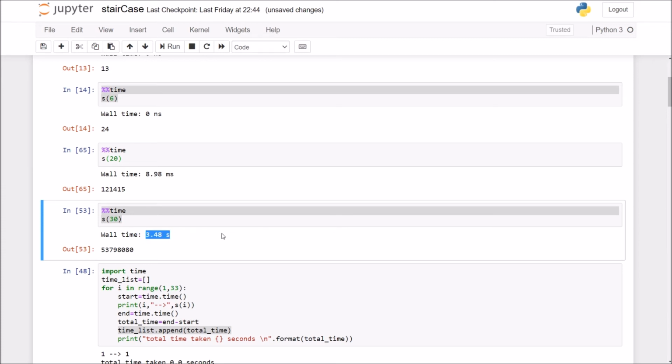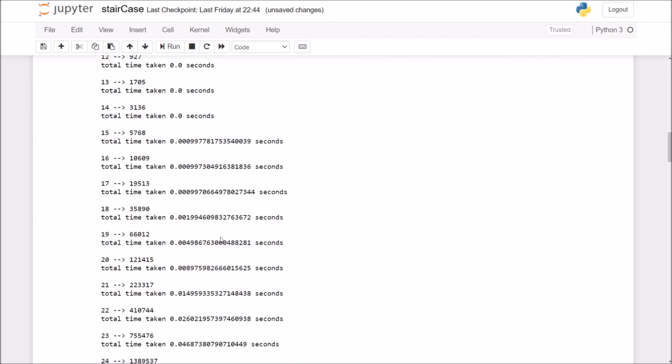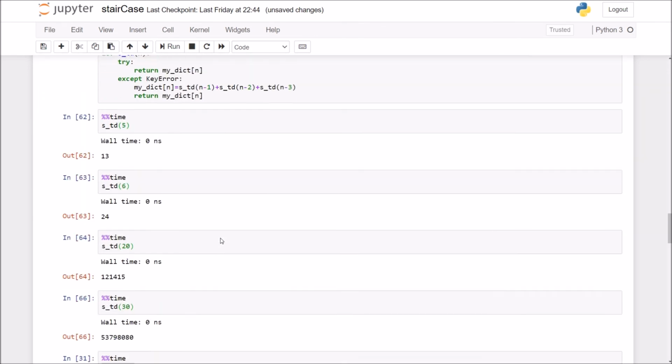So you can say that the time taken by the recursive method to calculate for n is equal to 30 is 10 to the power 9 times greater than the time taken by the top-down method. So this is what I wanted to show you in this program.